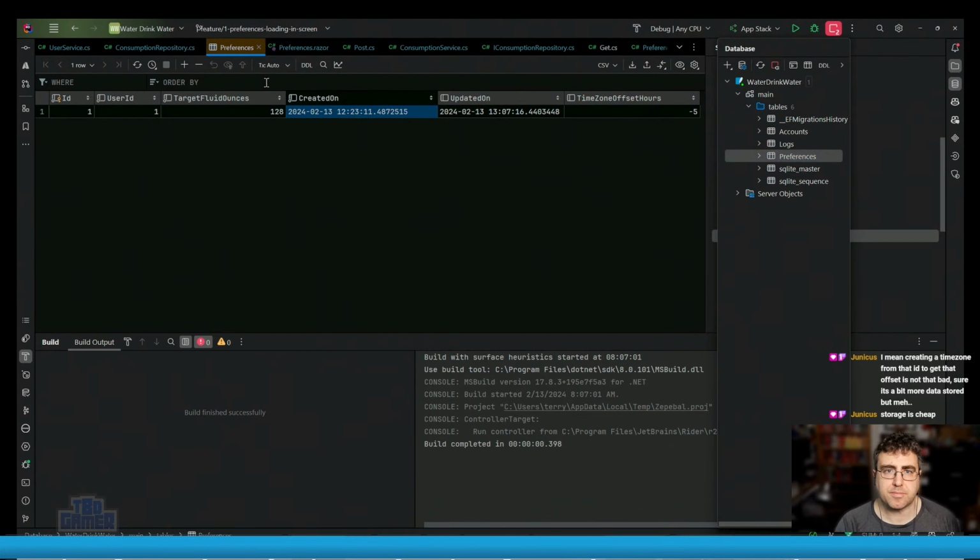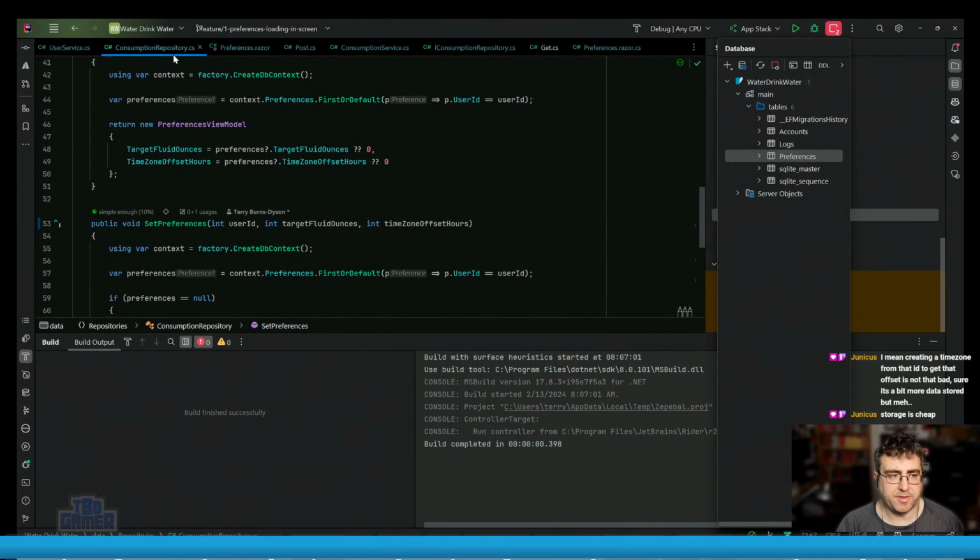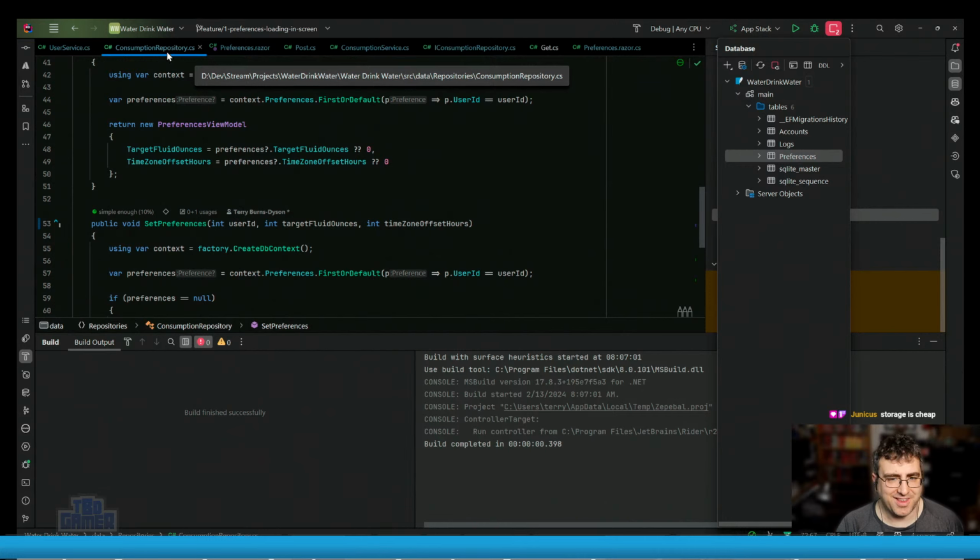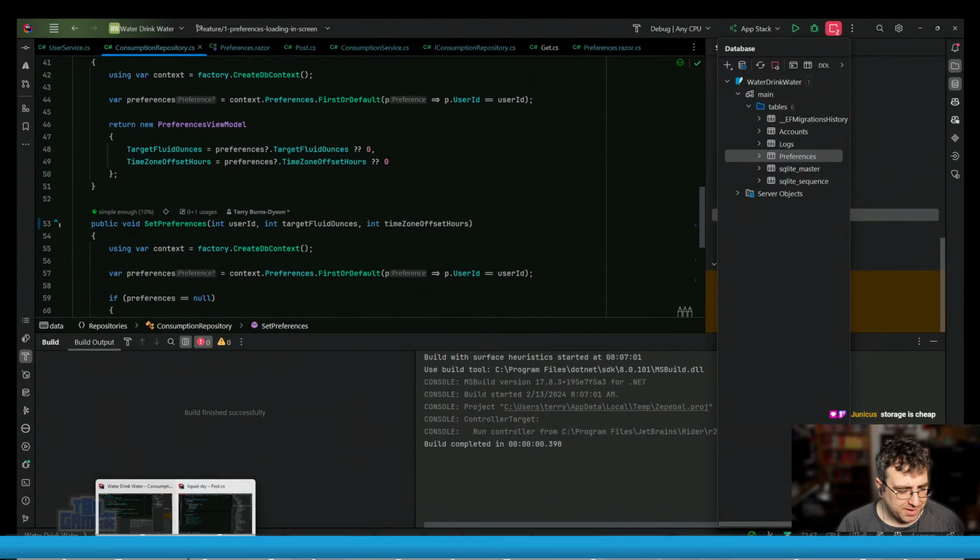I mean, creating a time zone from that ID to get its offset is not that bad. Sure, it's a bit more data stored, but meh. Yeah, I'm not opposed to saving it. I think the right thing to do is save the ID. But that means when we load up this,